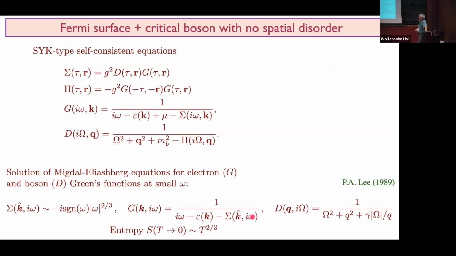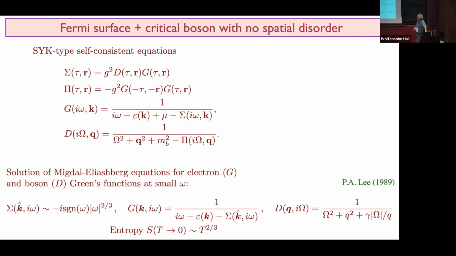And if you compute the entropy, you don't get the 0 temperature entropy. In this case, it's T to the 2/3. So it's larger than a Fermi liquid, but it doesn't go to a non-zero value as T goes to 0. Okay, so that's exciting. And certainly there was a period when many people thought this was the right direction. We've got the entropy, maybe there's an enhancement of specific heat. Now let's just compute other properties like transport, and everything will eventually fall into place.